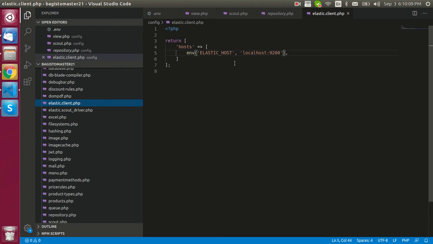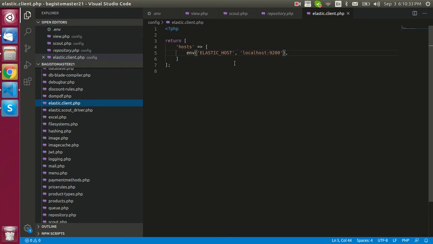Once you have successfully configured it, you will find your product indexing under this particular elastic host, and this will be automatically updated.